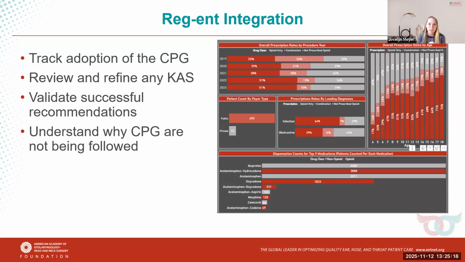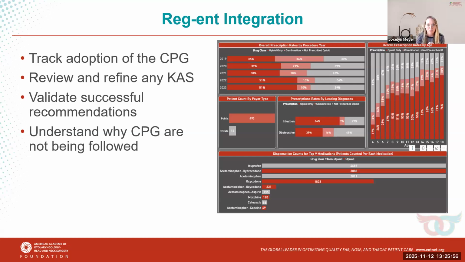Our vision is to definitely look at all of the key action statements and look at the tracking over time. So for example, on the slide here today, we did apply this approach to a CPG that was published in 2019 that was looking at prescribing opioids for the pediatric tonsillectomy population. By looking at the prescribing patterns before and after CPG implementation, we observed a significant decrease in opioid use, demonstrating how